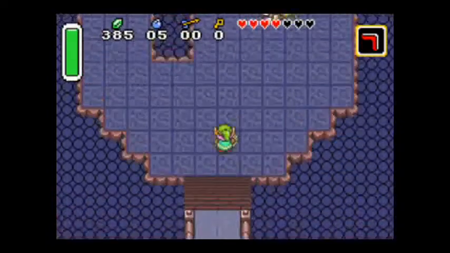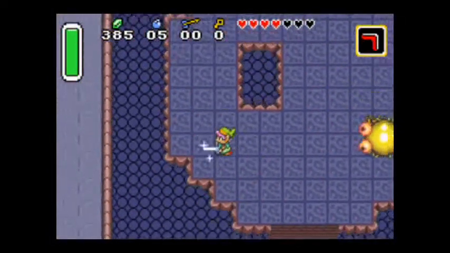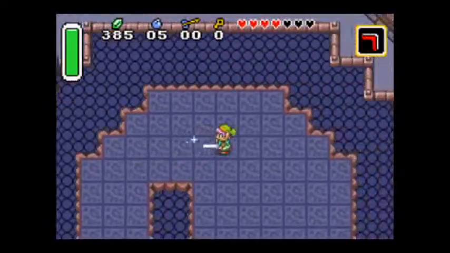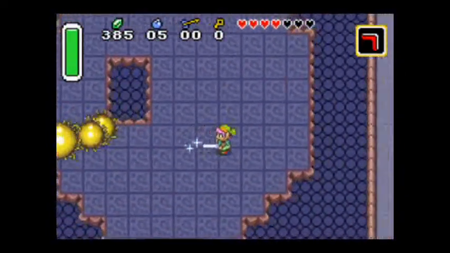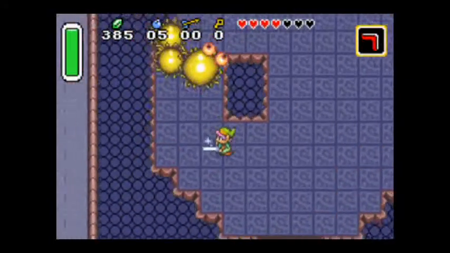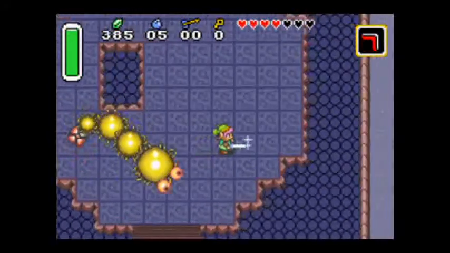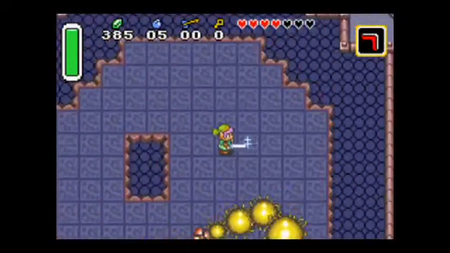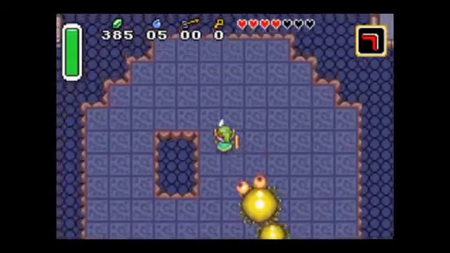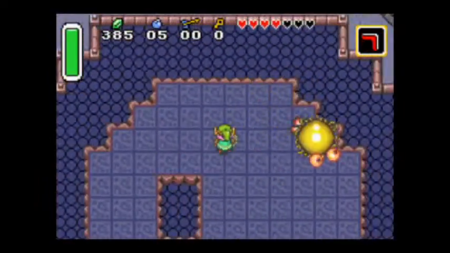Jump down here. Now the key to this is the spin attack. It's a bit tricky trying to get precise swishes in, and you can't use any other weapon against him. Trust me, I tried. I tried to bomb him. Bombs, apparently explosives, fire and burning don't hurt this creature. Who knew? It's a mystery. But stabbing it with a sword, that's...